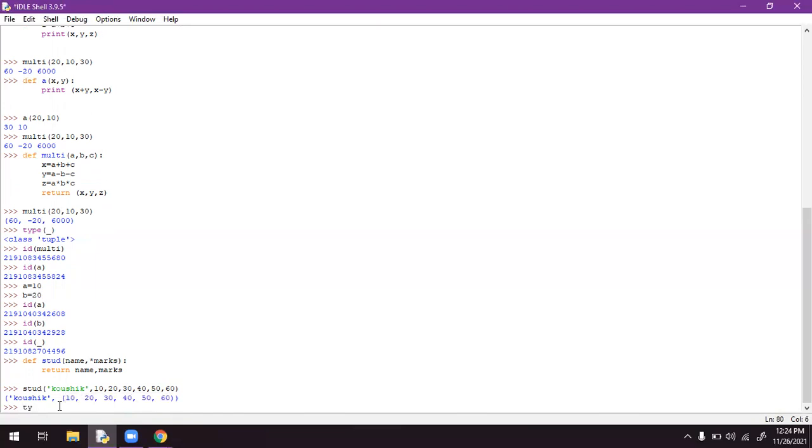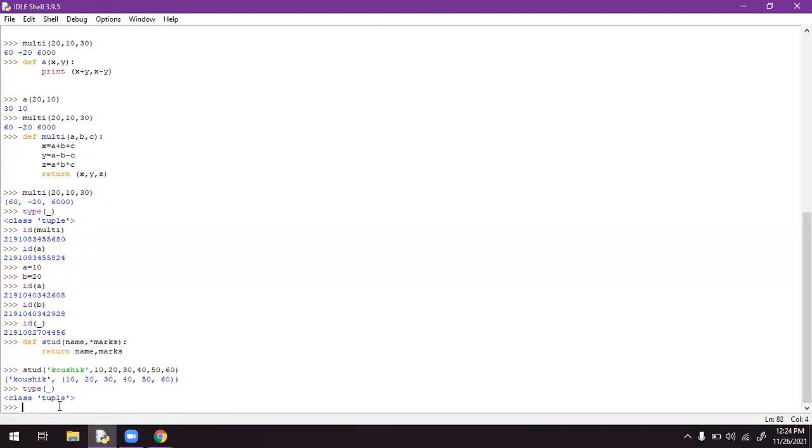If you check this type, you will get that it is a tuple. It is mentioned in the format of a tuple. In this condition, we are getting different categories of data types. The first is a string value, and the remaining are integers. It depends upon how we are defining the function.